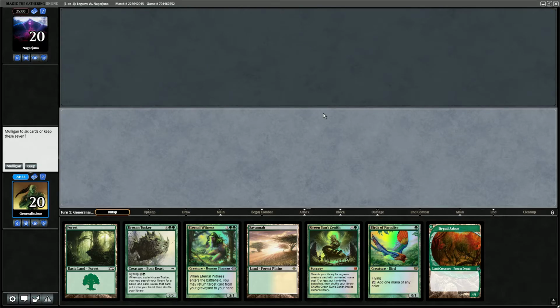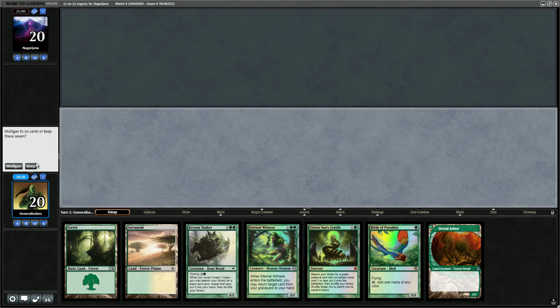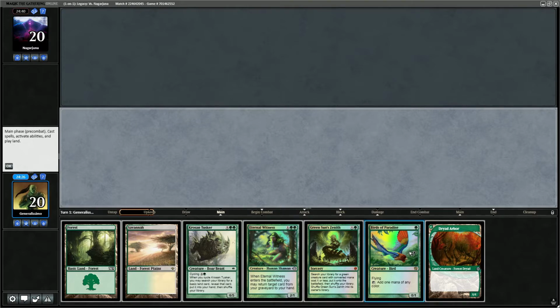Right, here we are for round 1, playing against Nagarjuna, and I am on the play with an acceptable hand. I've got a 1-drop, so keeping that. Based on this starting hand, it'll probably be Birds of Paradise into Krosan Tusker, assuming the Birds doesn't immediately die. And then I might be able to just Eternal Witness back the Krosan Tusker. Obviously it depends what I draw, but